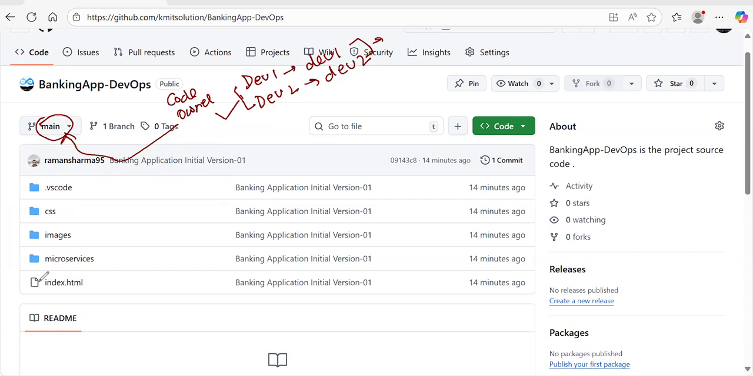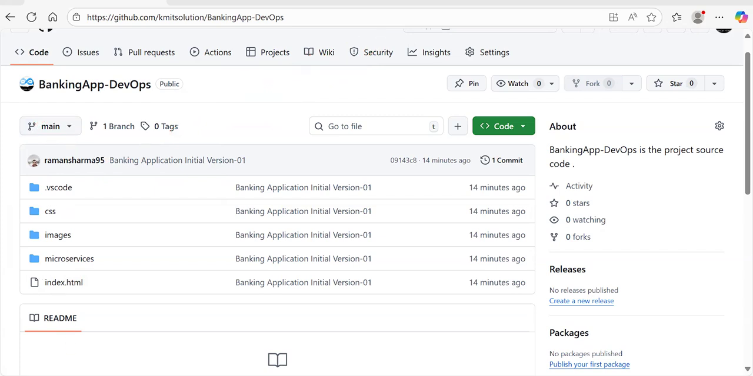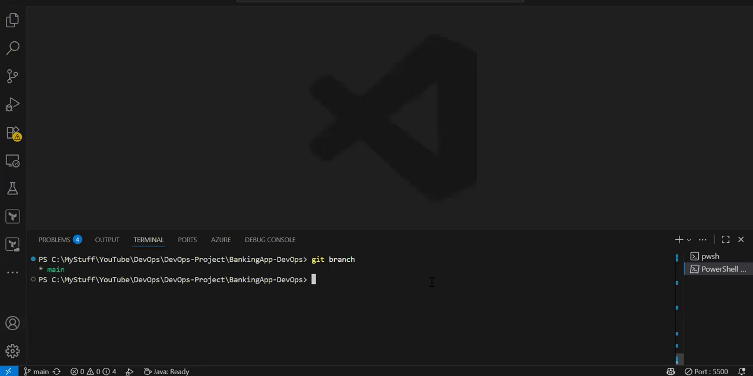remote repository. I will create these branches first on the local, and then I will push that code into the remote GitHub repository. For that, I'll go to my GitHub repository, and here I will say git branch, and you can see I have only one branch, which is the main branch. Now,